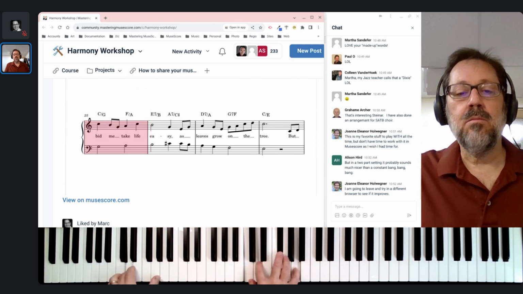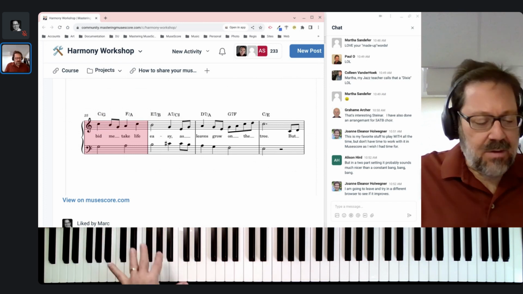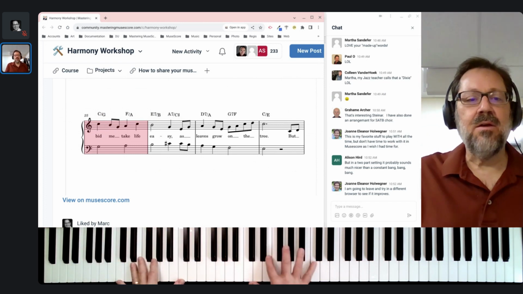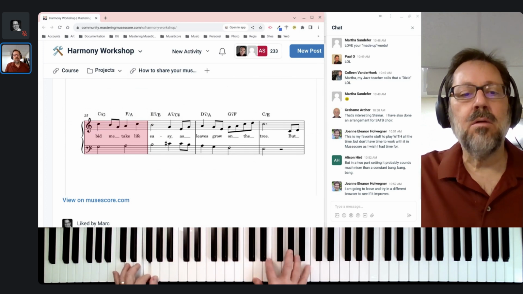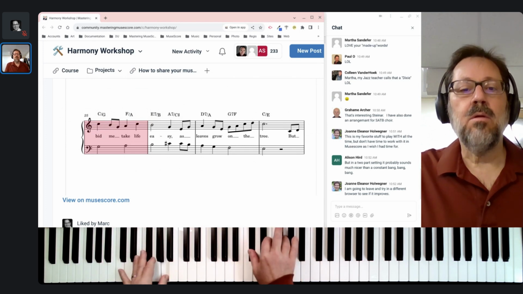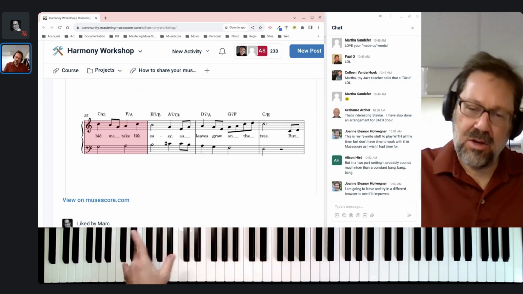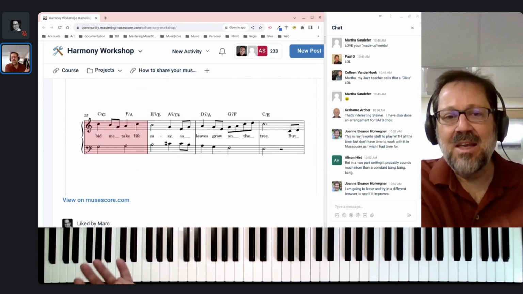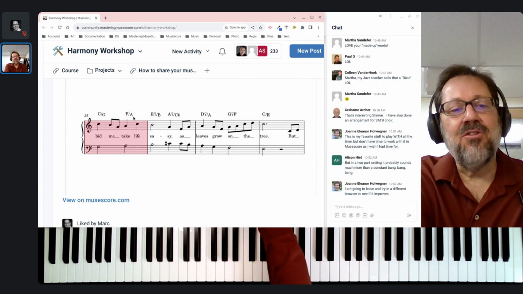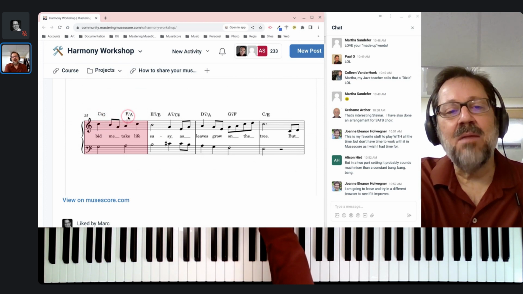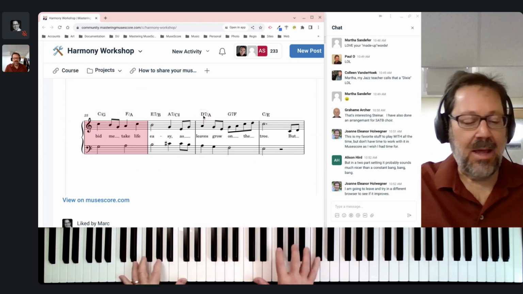And again, you can fancify your left hand. I just put in some passing tones in the left hand to get me from root to root. But here, the observation that I had made about this is I really like that ascending bass line, but I think I would like it better if that C sharp got to resolve up to the D. I think I would like that better.